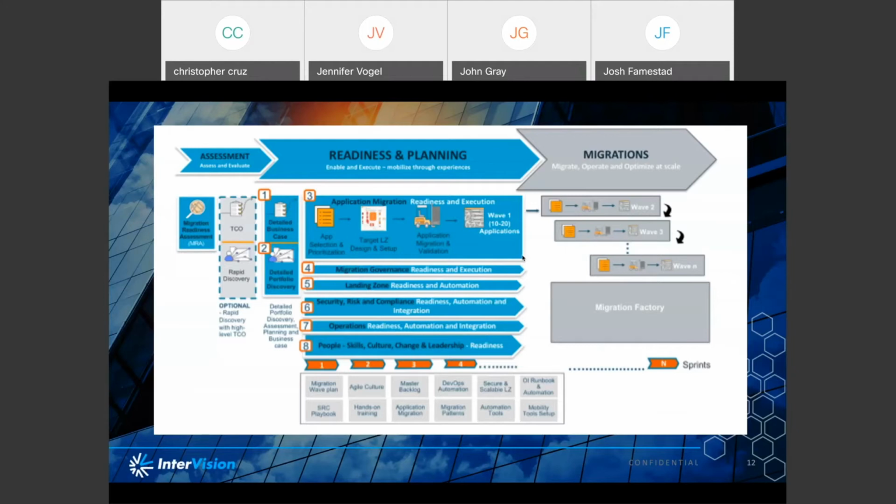across different areas to get the applications moving and migrated: the governance, the scheduling and control of the project, building out the landing zone, dealing with security operations, and then thinking about the softer side of things: skills, culture, change and leadership. All of those things need to happen. There are certain areas that are more important, we'll get into that, than others. But really, that's what's going on. So no wonder these things are difficult to achieve at any scale.